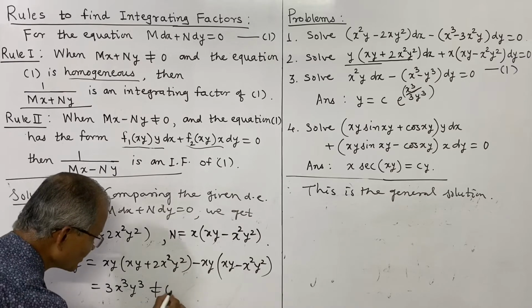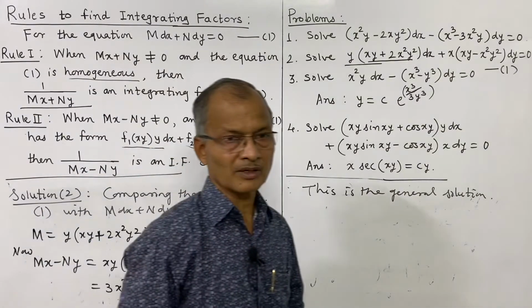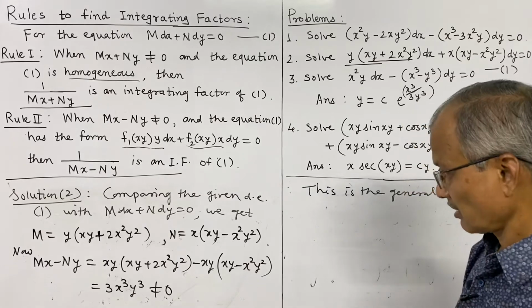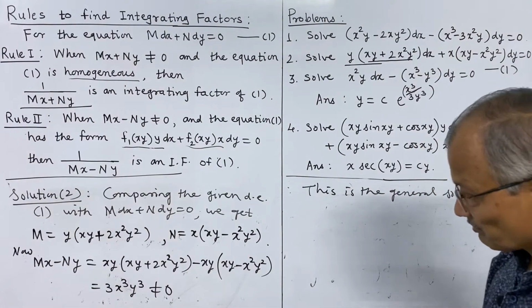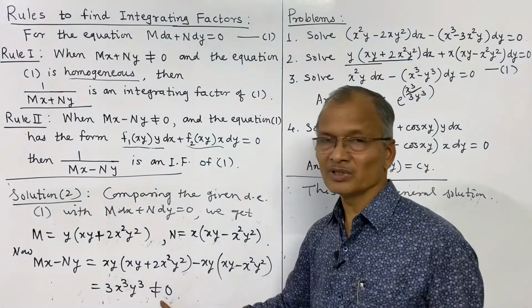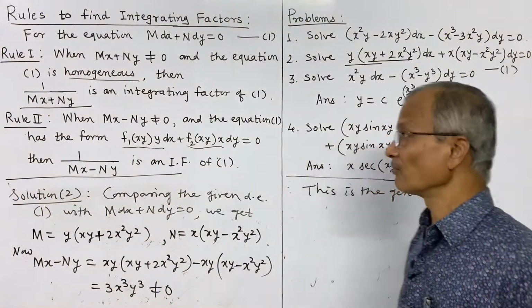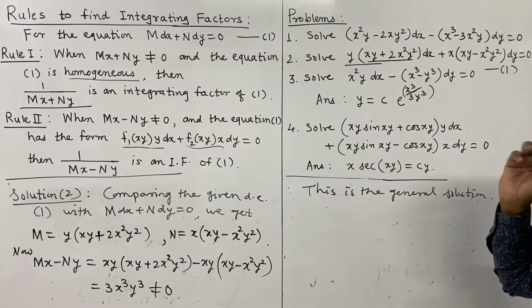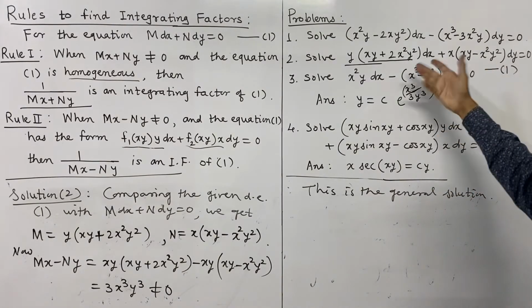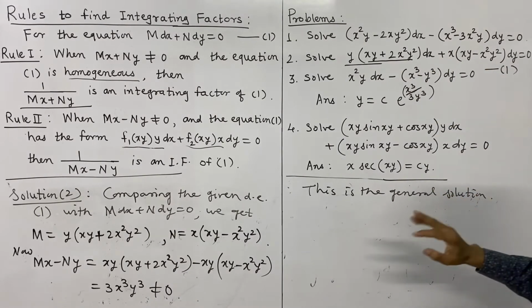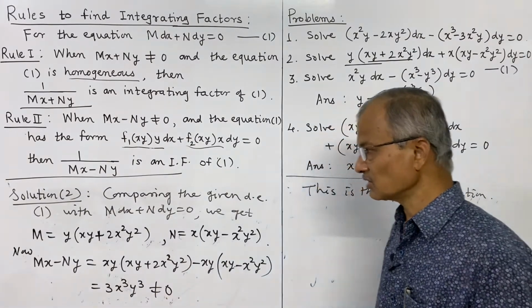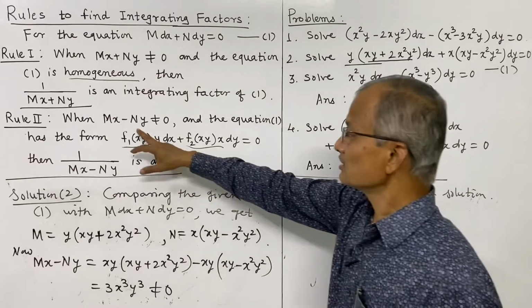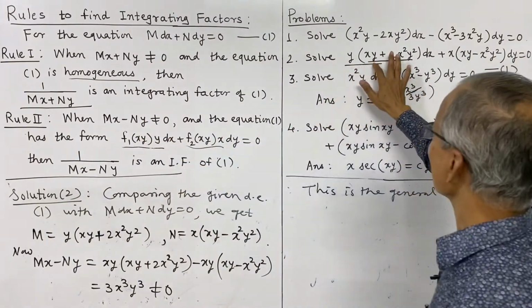is not equal to 0 because x and y both cannot be 0, and both are not 0. See, both must not be 0, then and only then this will not be 0, and if either of them is 0, the equation will not be formed, and therefore x is not 0, y is not 0, and therefore this expression is not 0, and thus this is not 0, and the equation second has this form.